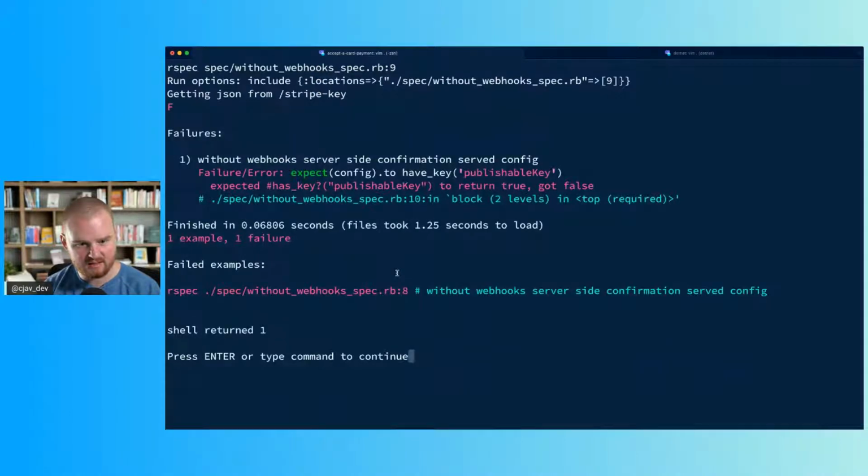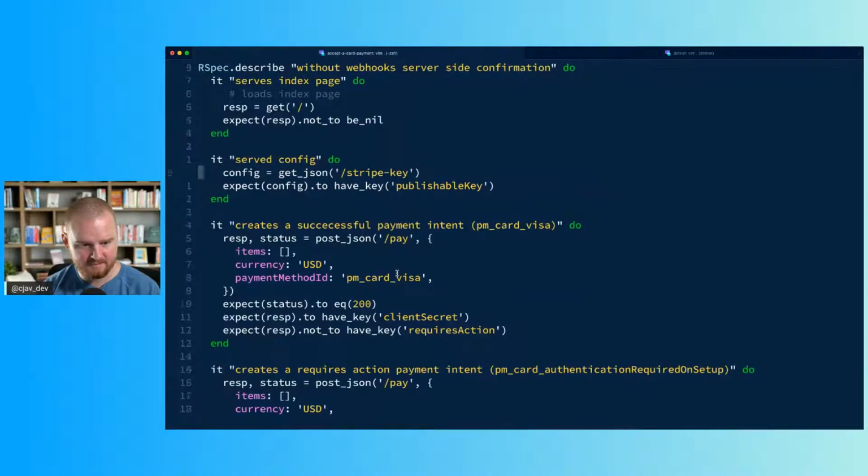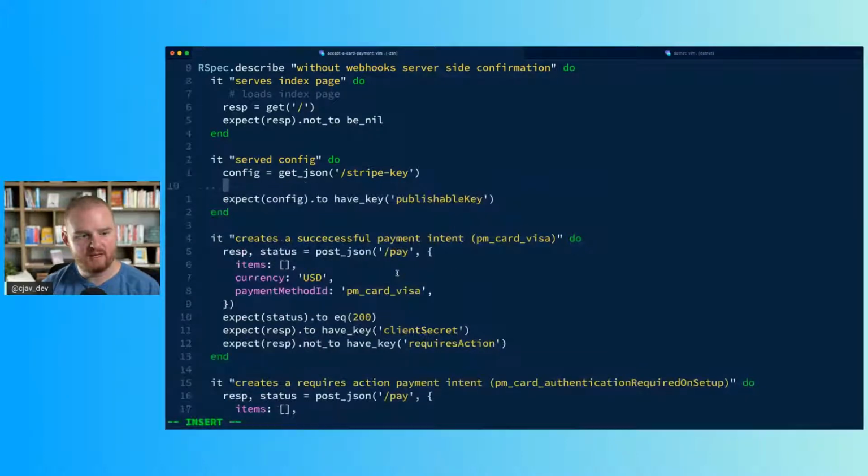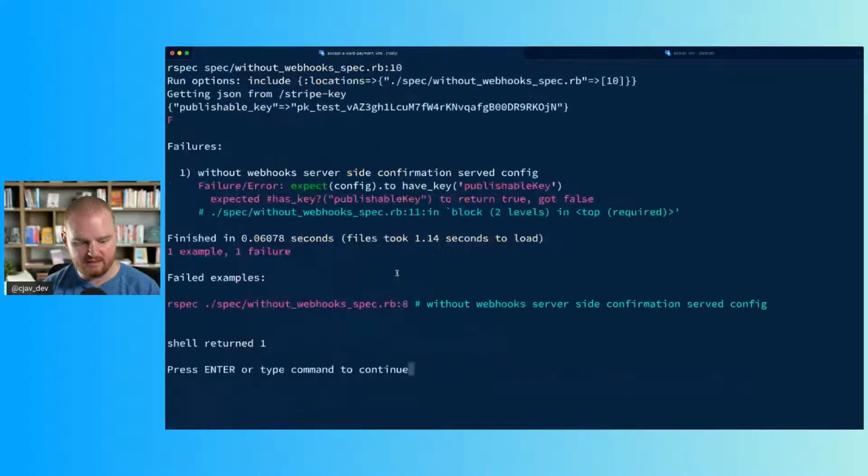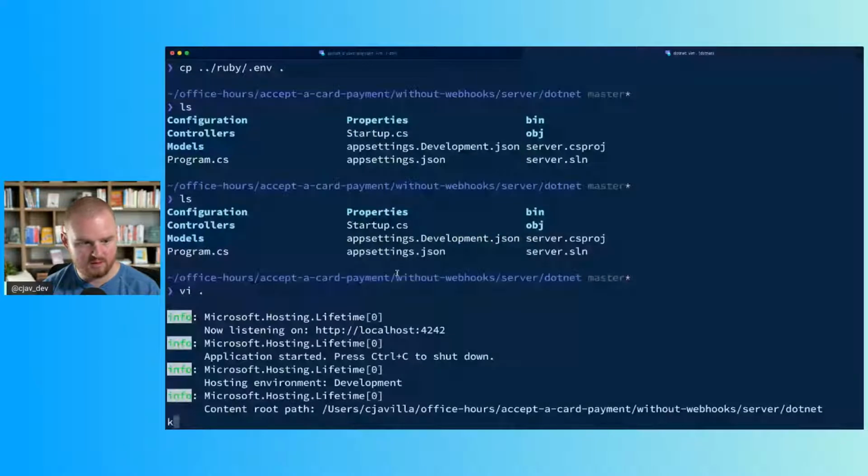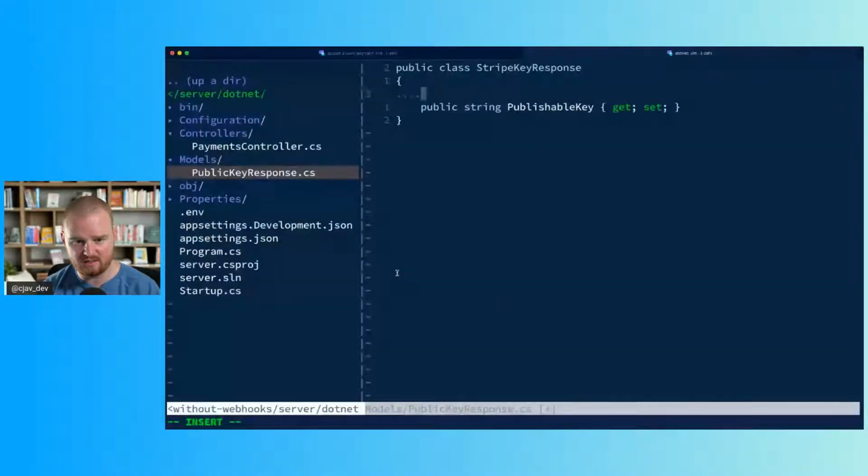It does not, because what did we get back? We got back publishable underscore key. So in our public key response, if we use JSON property, I think, publishable key,